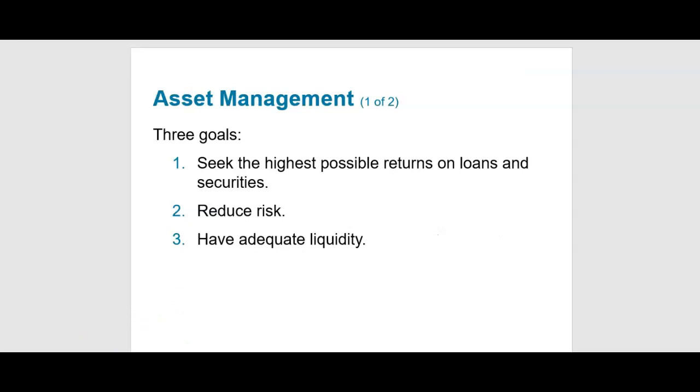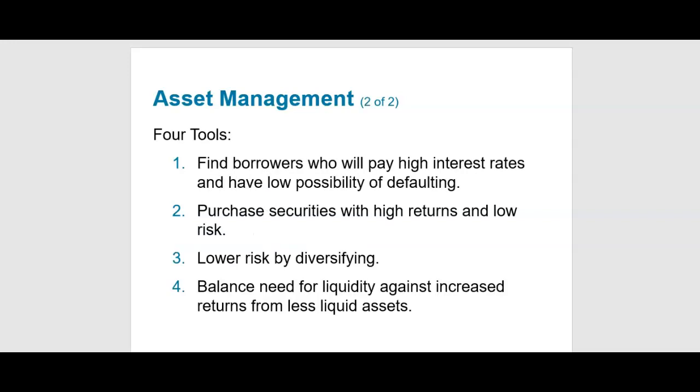The asset management part, the role for it, is to find the highest possible return on the loans and reduce the risk. So we need to have three things for them. I need to have an adequate liquidity. So we have to think of how we can distribute our funds. We need to put our loans in the best one that we can, which will give me the highest payment with the lowest risk. And I need to be able to also find the best securities that I can get. They have 4 tools in their hand. So we have 3 goals in our mind. We have 4 tools in our hand.